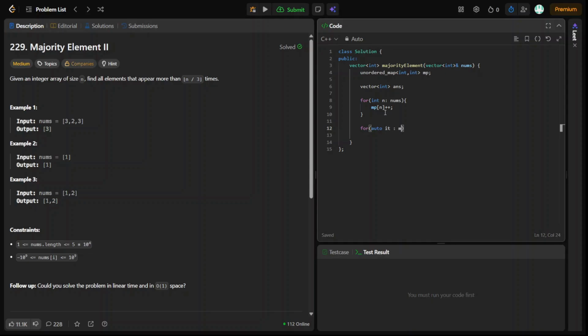We can run the loop on the map, and from the map, we check the value, of course. The value is the frequency. If the frequency is greater than nums.size() divided by 3, like n divided by 3, you can store it in another variable, of course, but it's the same thing. So this size divided by 3 was the condition in the question, right? So if it is greater than this, then we can push back